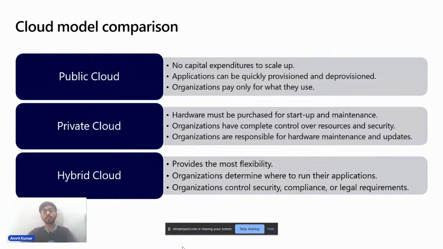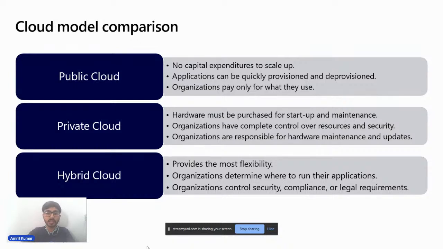And organizations control the security, compliance, and legal requirements, which covers a vast section, because when you go for an application, you need to handle the security and the legal requirements as well, so that your IPs or your computing resources won't get hacked or stolen by other companies or other applications.